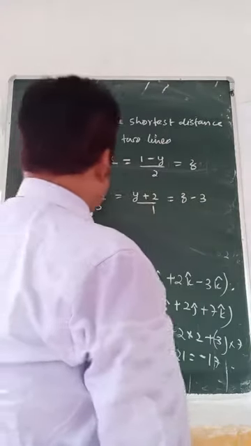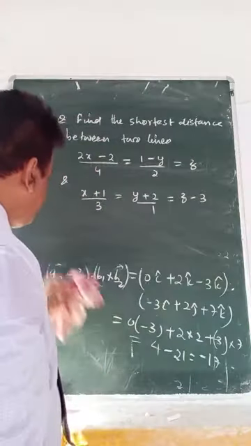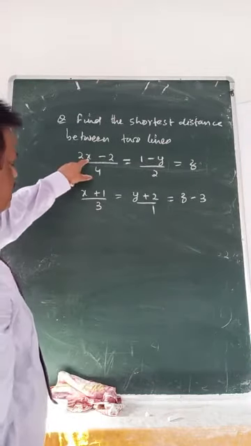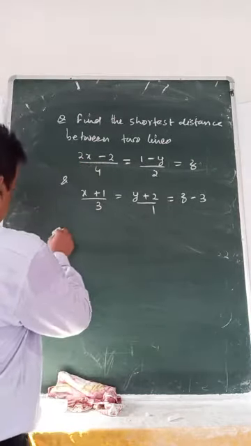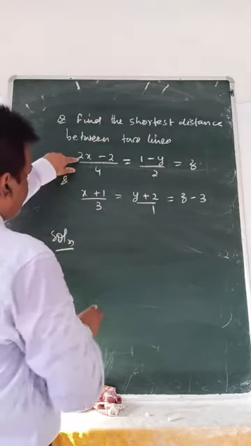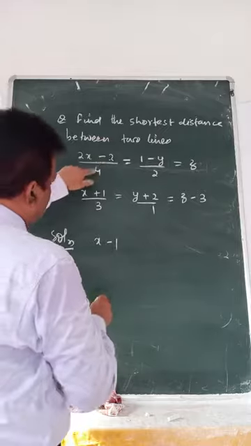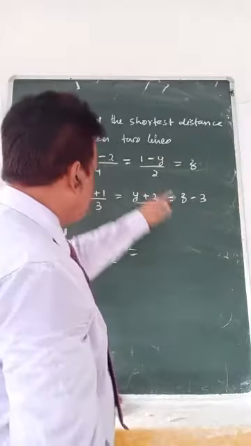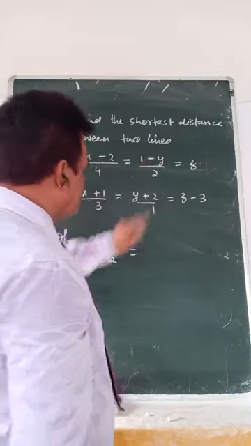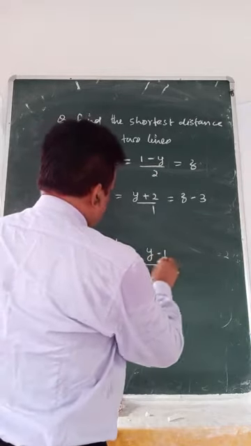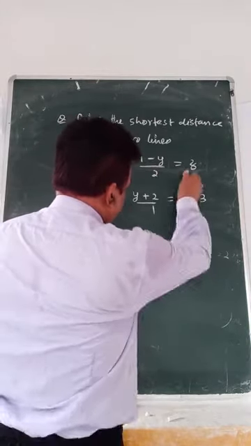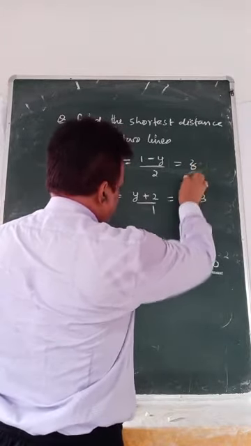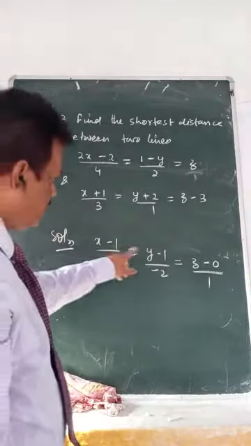So what you have to do is write in the standard form. Standard form means x coefficient should be 1, x should be positive. So divide by 2. If you divide by 2, it will be x minus 1 by 2. This is now in the standard form. This one is in the standard form. Y has to be positive. Divide by minus 1. So y minus 1 by minus 2. Z means z minus 0, z by 1. You have to understand 1 is here.